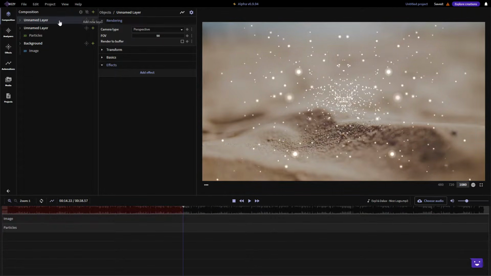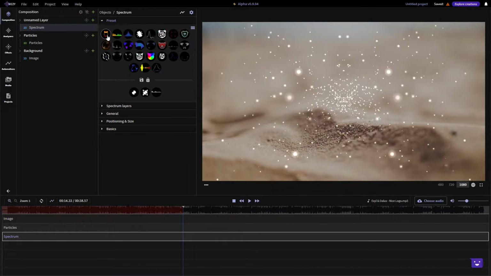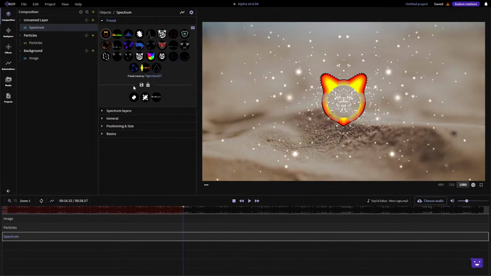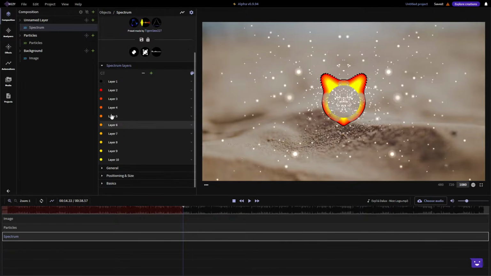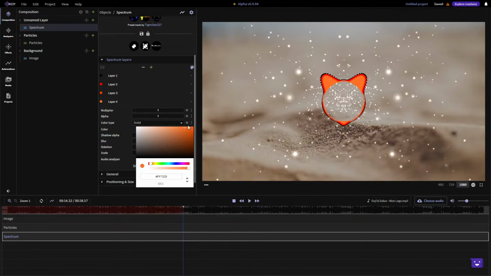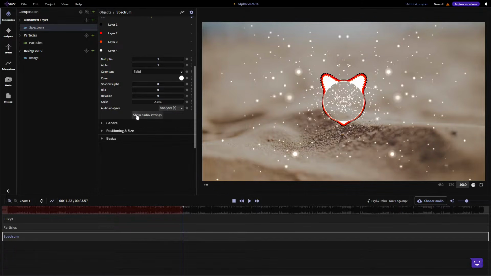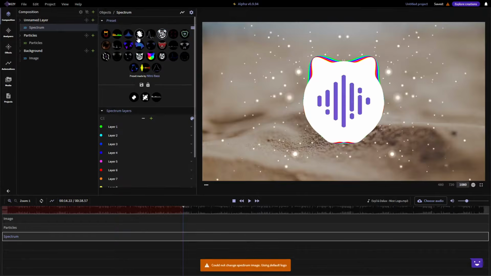And now let's add the most interesting part. Let's name the layer, and we'll add the spectrum. So we go into add item and we choose spectrum item, and here you can choose from a bunch of presets. You don't have to choose presets, you can use all these settings, layers, you can add and remove them. You can change the color, and everything you need is here. There's also the audio settings, but let's not dive into that. So let's select something like this, for example.